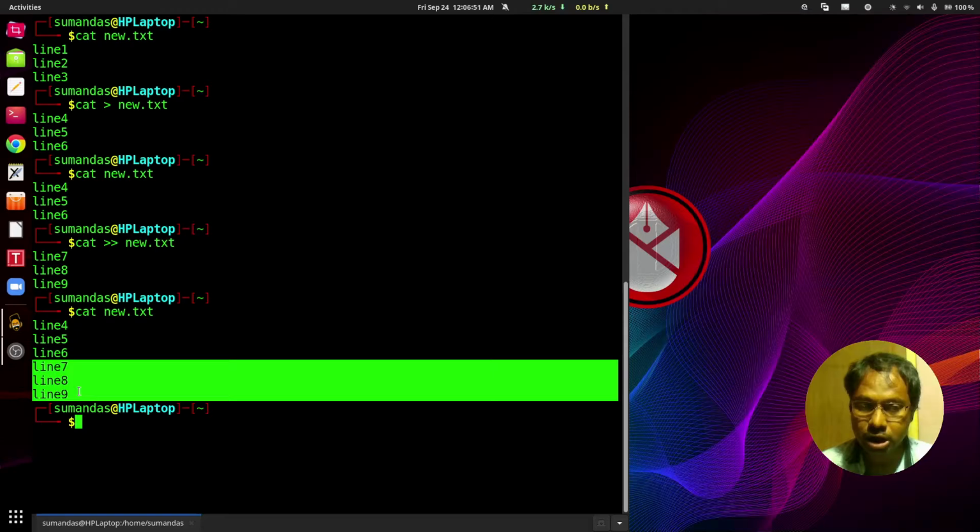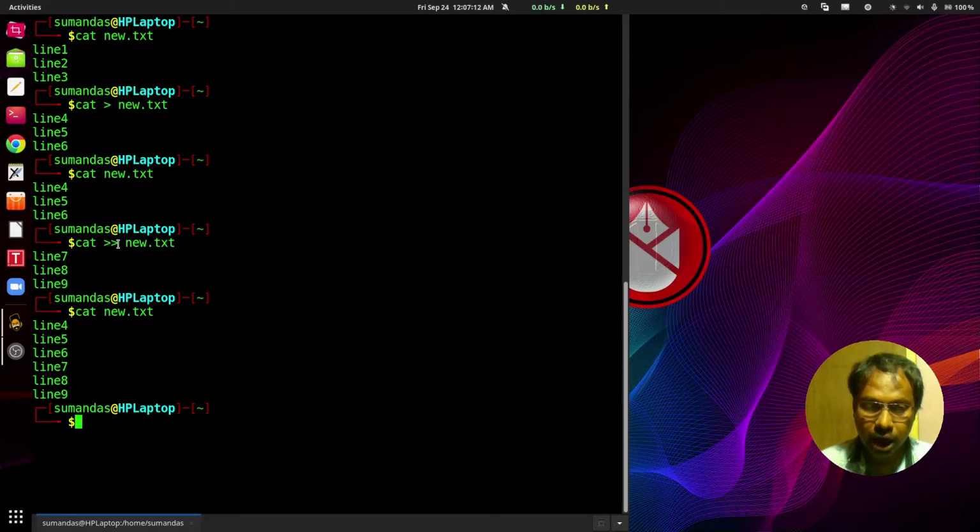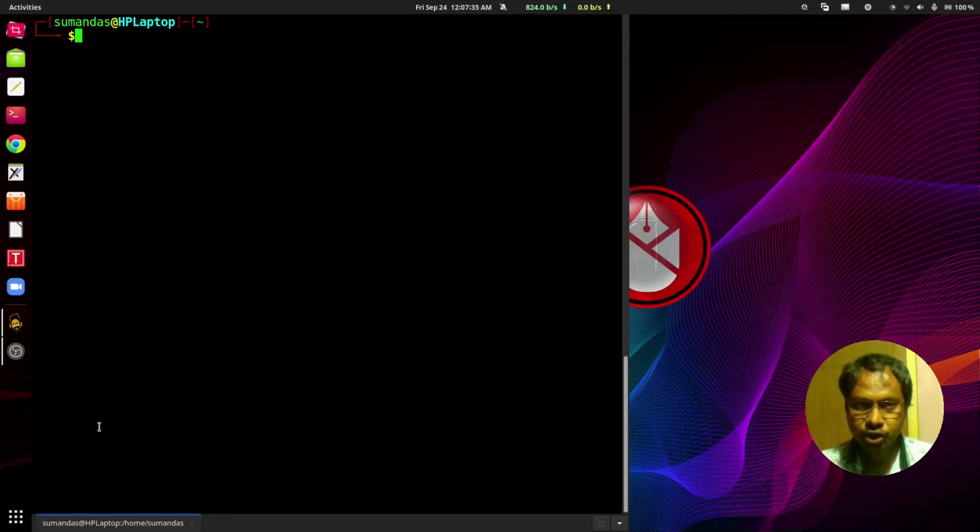So that is called appending to a file. Whatever the content previously was, we are adding the new content after it, so the previous content is not overwritten, and for that we should use the double angle bracket. Once again press Ctrl L to clear the terminal.